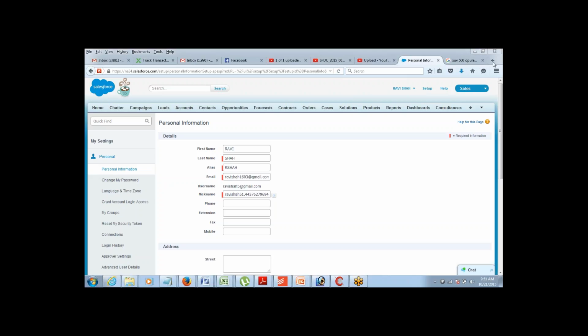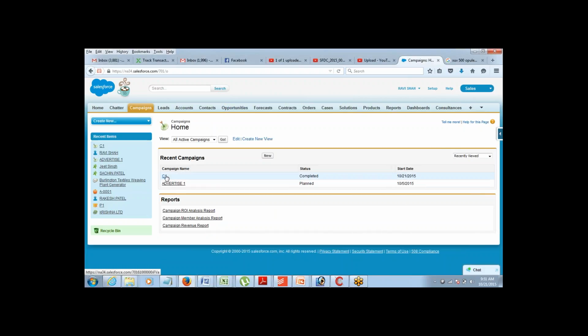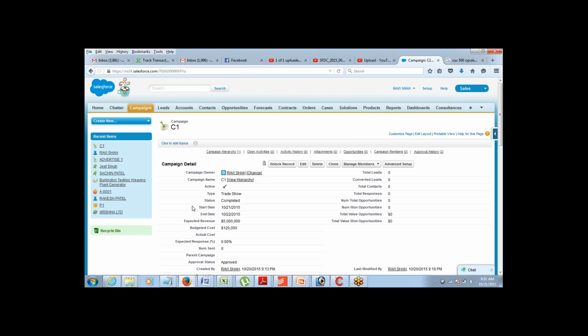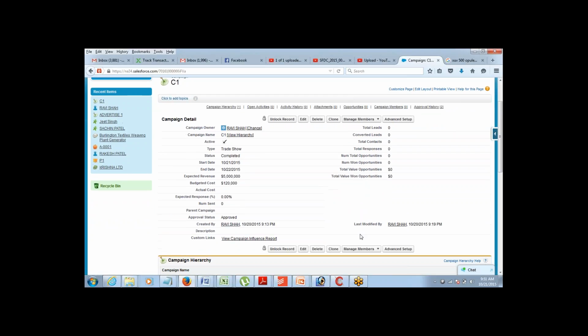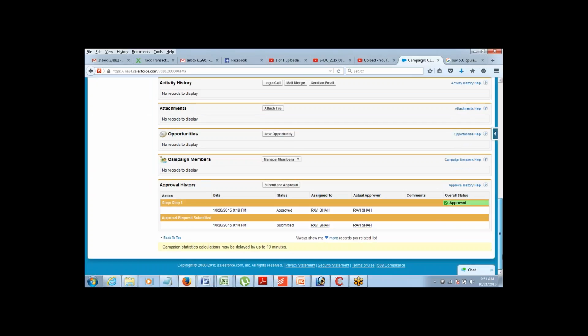So now if you come back to this particular record on the campaign record, C1 is a campaign. Since it got approved, you will get to see the option approved here. In case the approver rejects it, it gets updated to rejected. And if you scroll down,